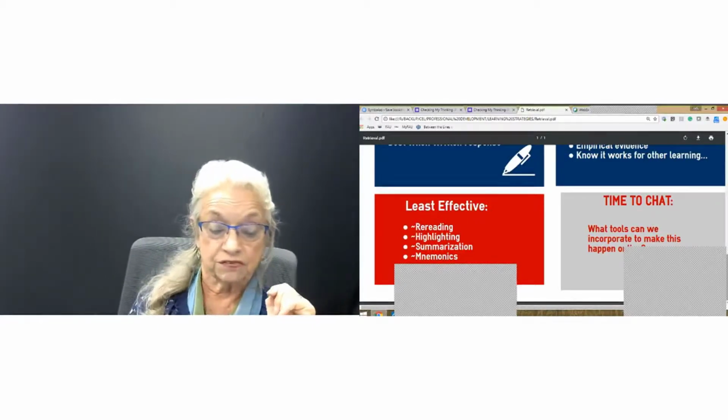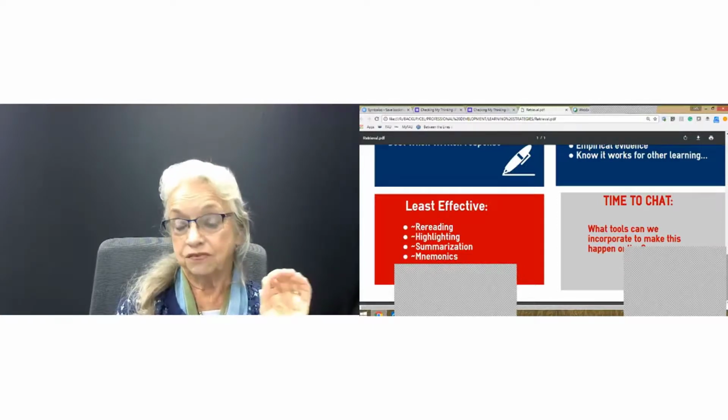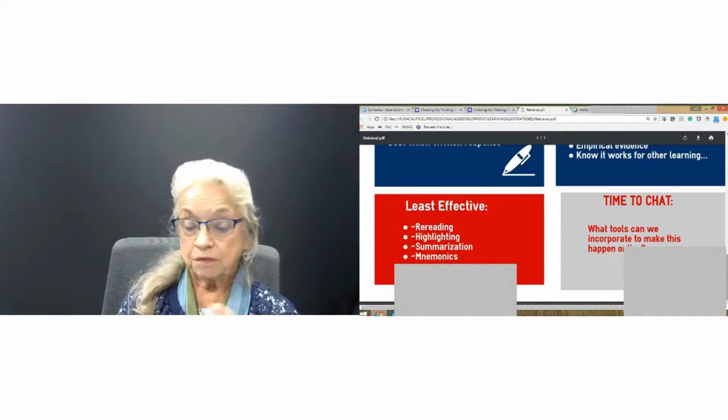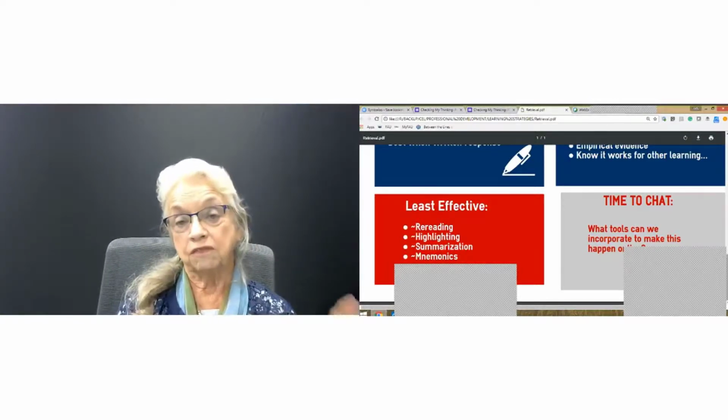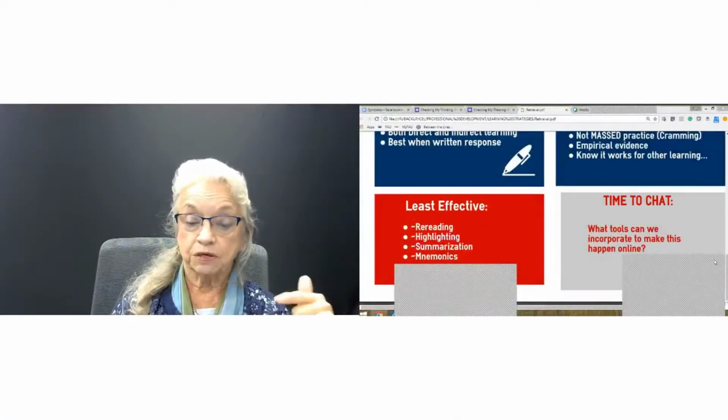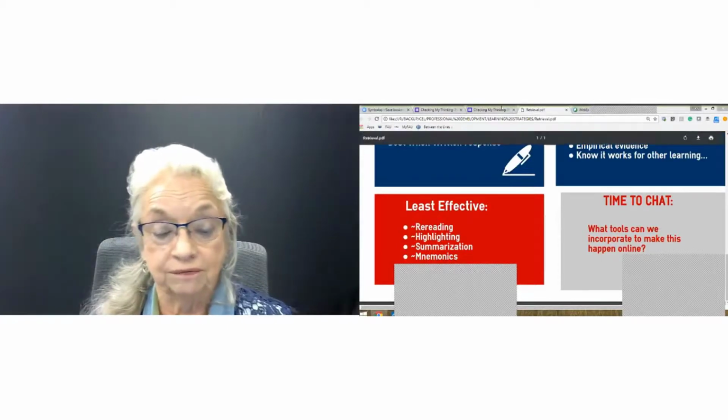Summarizing is also one of the least effective ones, and mnemonics is also a least effective. So what I'm going to ask you to do right now is to think and write on your paper in front of you what key points you might have gotten from this part of it, but also what tools we can incorporate to make this happen online, because that's what we're talking about here, our online classes. And so while you're jotting down, I am going to move us back into our